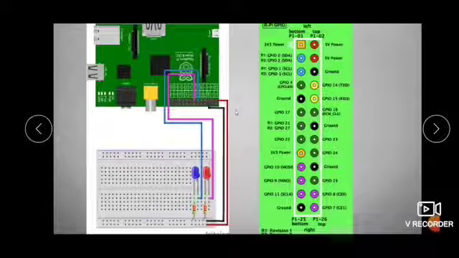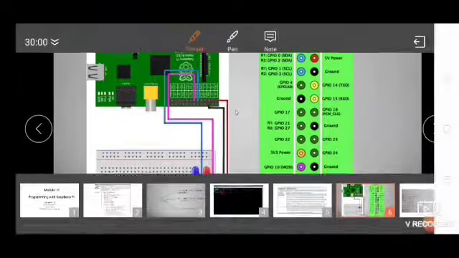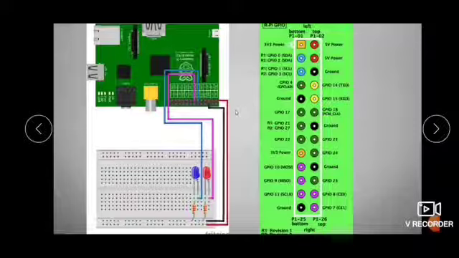So those wired connections are given for these LEDs, and to the other end of the LED there will be a resistor connected. So we have seen that the components required are two resistors of 1K each. Those resistors are connected to the other end of the LED, and then here the ground connection and the power connection are given. To the ground connection the resistors at the other end are connected, and the power connection will be providing the power to the whole breadboard. Okay, so this is how the connections are made.